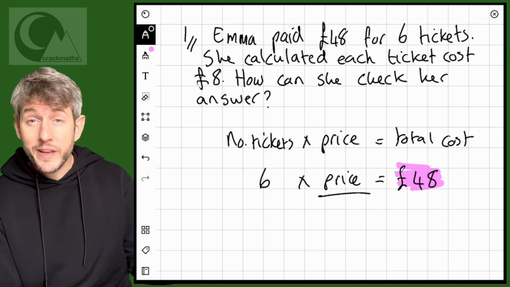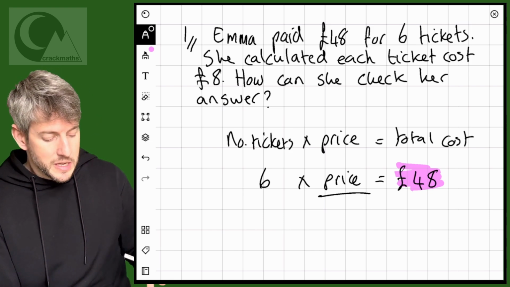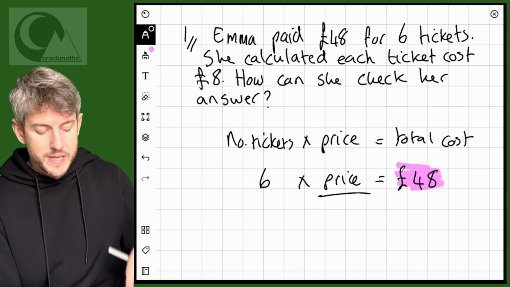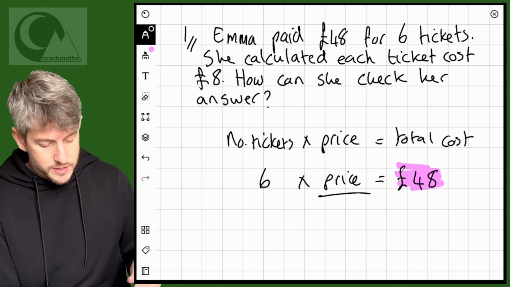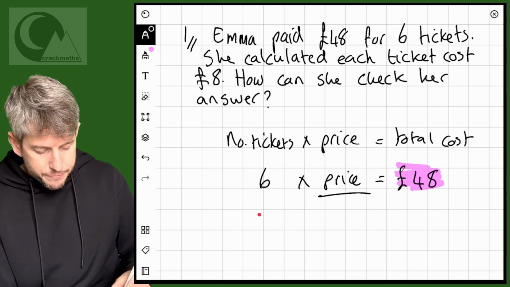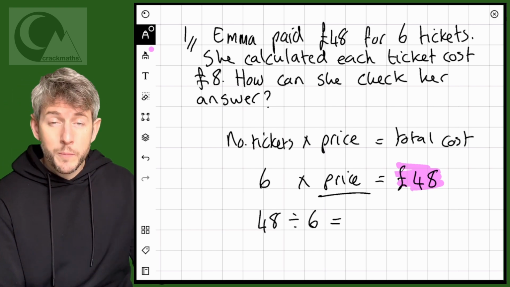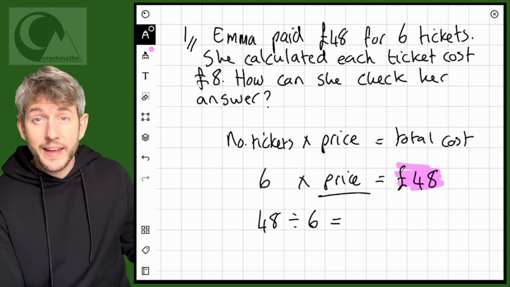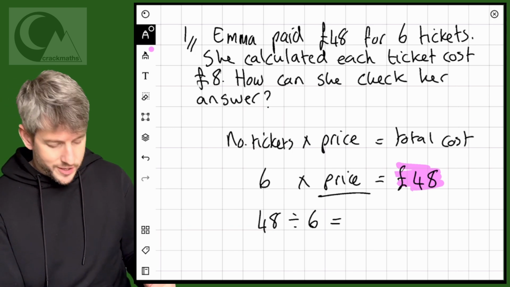So we've got a couple of ways here which we can test her calculation. Because the price was the missing thing, let's first of all confirm her calculation was correct, where we can assume that she did 48 divided by 6. Now, you might know the answer to this, or you can do it on your calculator if you're allowed, but 48 divided by 6 will give us